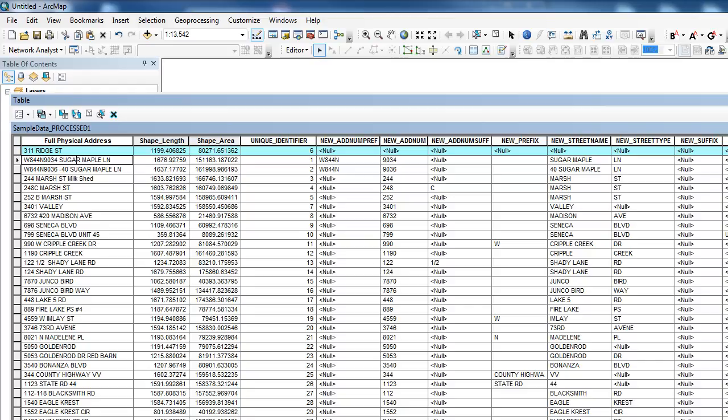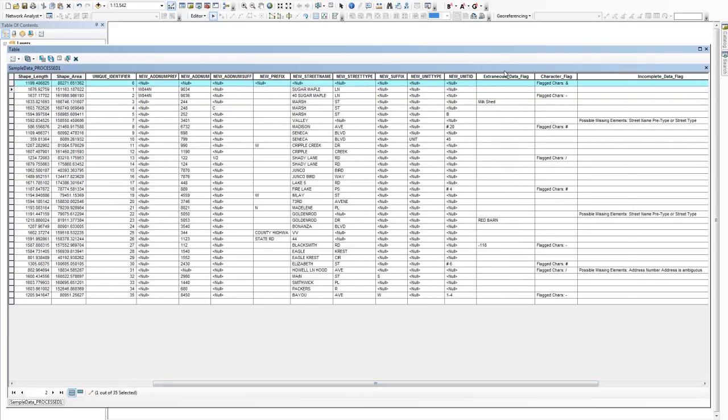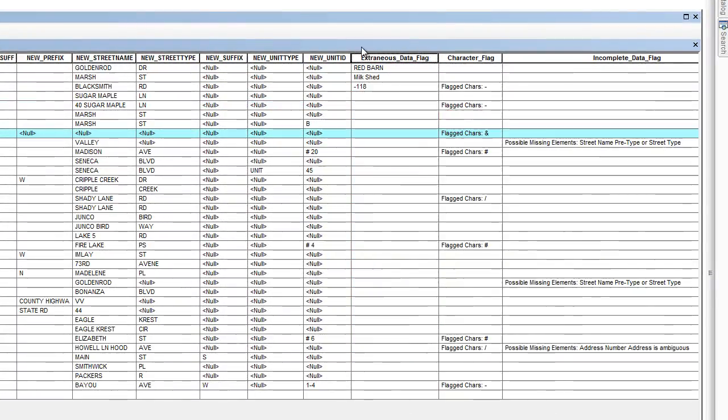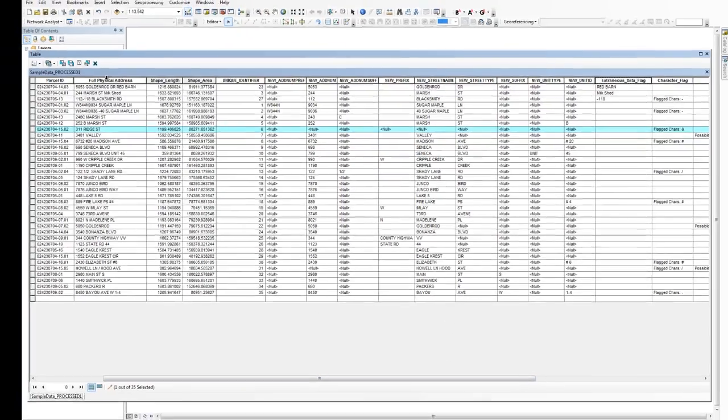This is also a good time to take a look at the extraneous data flag field. This field is kind of a catch-all field that can contain data that isn't an appropriate element of a site address. The examples in the sample data set we just ran illustrate some of the information that can end up in this field. Sometimes property descriptors or the latter part of an address range are some of the things that you can find here. In our case, for these two records, you can see that Red Barn, Milk Shed, and -118 appeared in this field. If we look back at the original full address field,